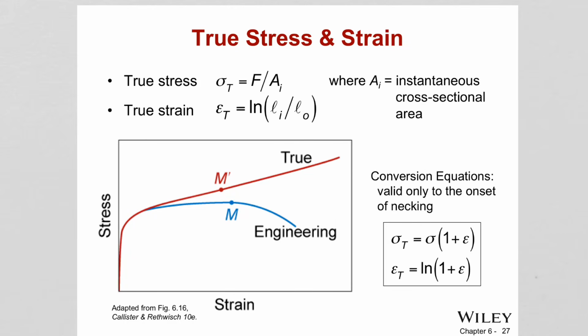Now, I told you, so far we have learned the engineering stress strain curve, because the engineering stress strain curve uses the original cross-sectional area to calculate the stress in the diagram. That's why it is decreasing: when the force is decreasing, the area is the same, so the stress is decreasing in the curve. However, in reality,